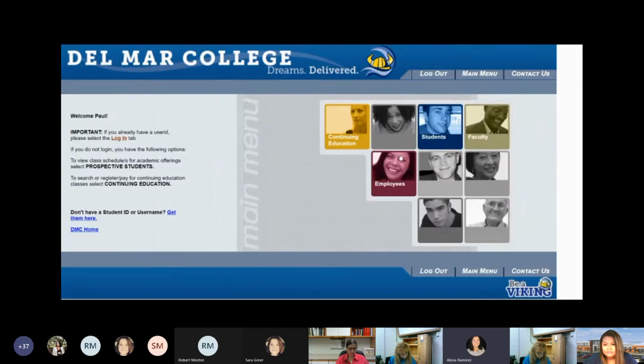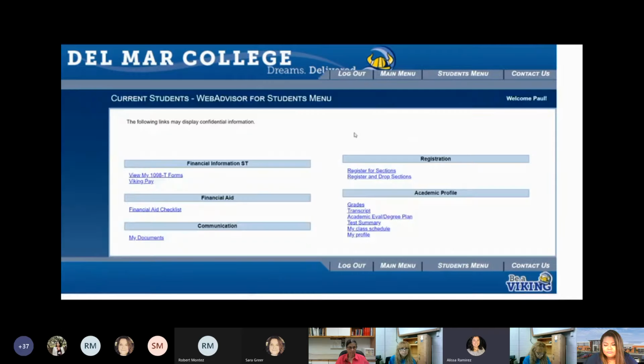Once you hit submit, it'll give you some different menu options that you can access. As a student, we want to take a look at this one here, in which this profile gives you everything about you. But what we want to focus on for today is underneath your academic profile, we want to look at your